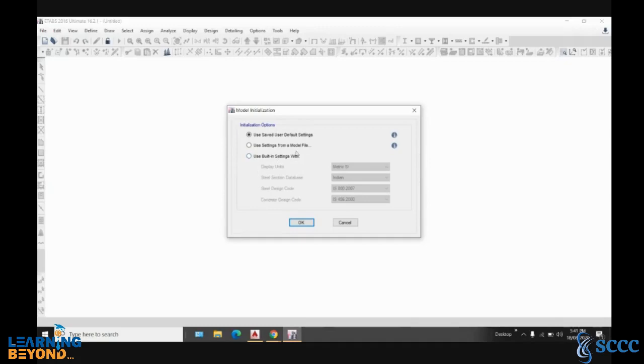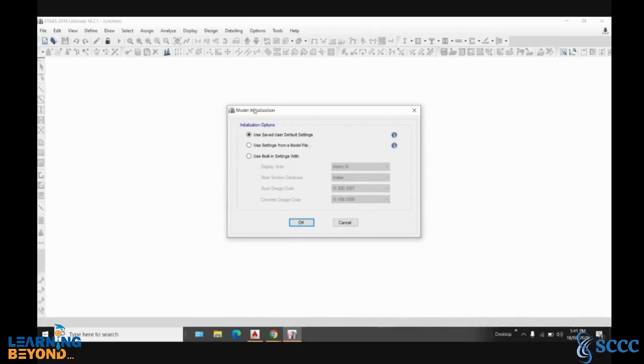This is how ETAB interfaces with you. Whenever you ask ETAB to do something, it will ask you to fill in some initial information through this table.